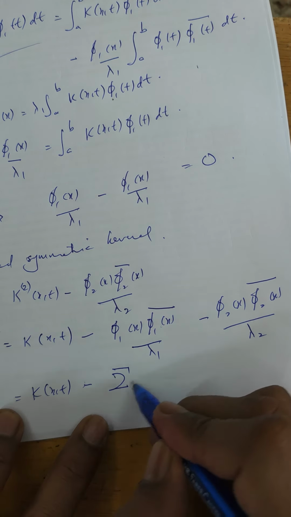For the second theorem, if phi n(x) is an autonomous system of all eigenfunctions of a symmetric kernel K(x,t), corresponding to the eigenvalue lambda n,